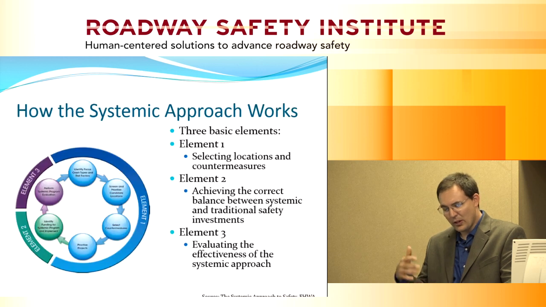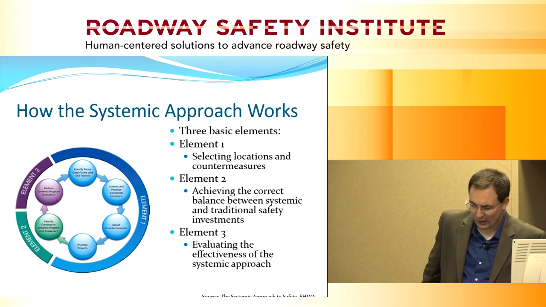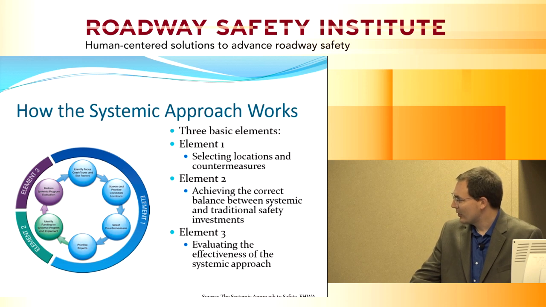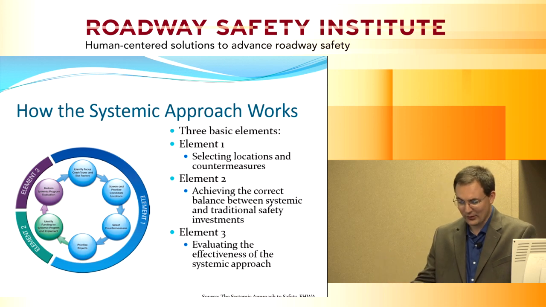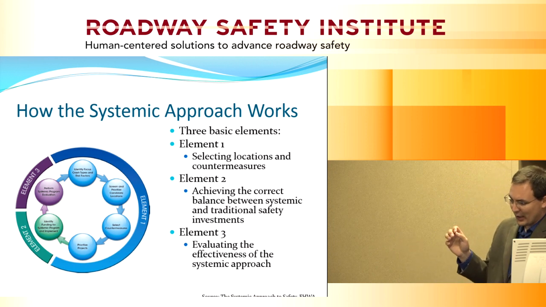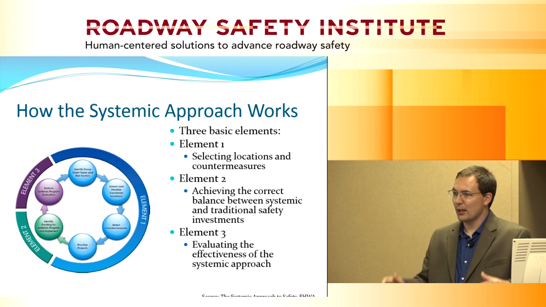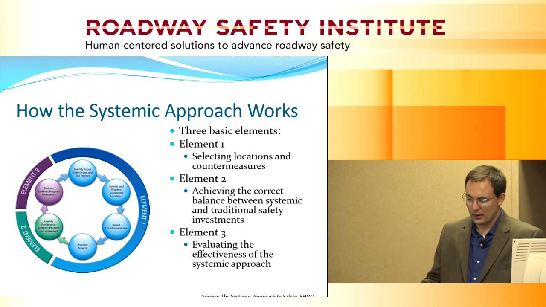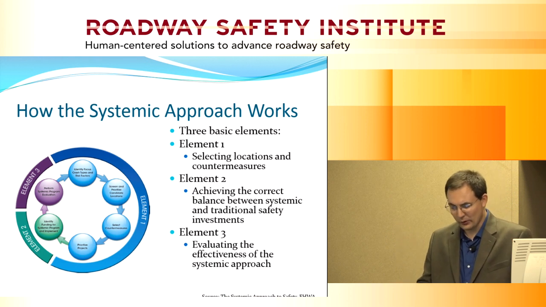So a little bit about introducing this whole systemic approach and how this works. First I'm going to start off with this schematic, this drawing from the Federal Highway Administration, just kind of representing what the systemic approach process looks like. And there's 3 basic elements. There's first an element of selecting our locations and our countermeasures. So we have to identify, and I'm going to get you kind of thinking in this term of risk, not crash history. That's different. So identifying locations from risk and identifying countermeasures for those locations of risk.